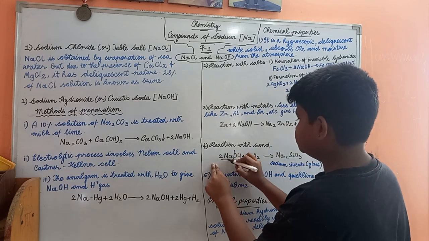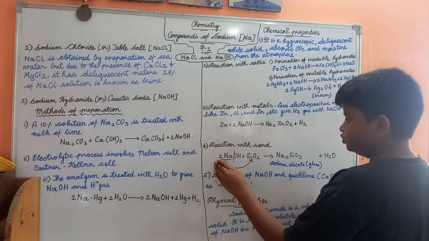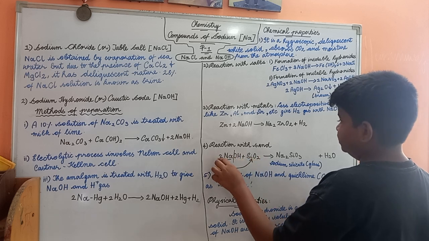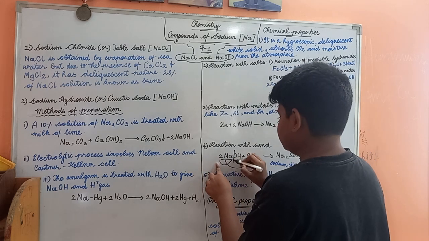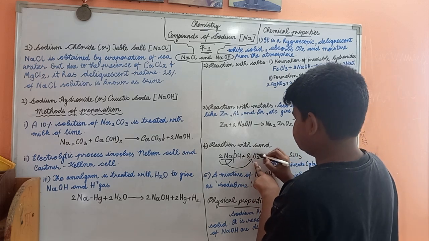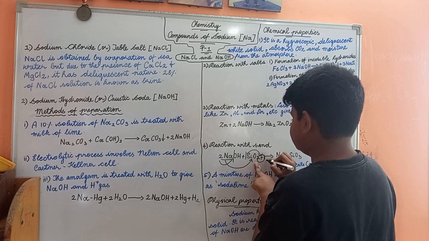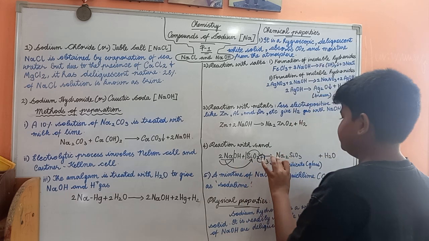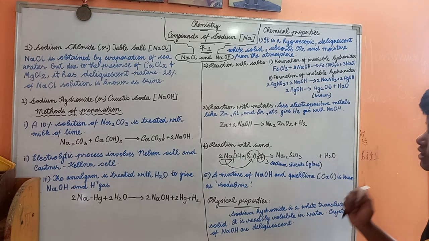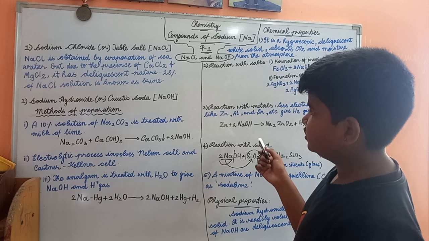So these 2 will react to this, and now 2 will go to here, as there is also another compound over here. And how it comes 3 is because the 2 is going through here, because this space is drawn by 2 plus 1, so it becomes 3 molecules. So now we'll get sodium silicate plus H2O. This is a reaction with sand. It is actually quite complicated, and I'll just teach